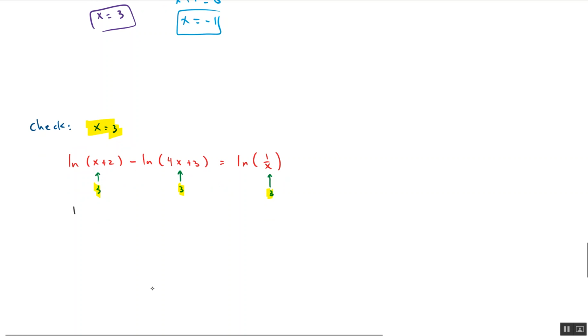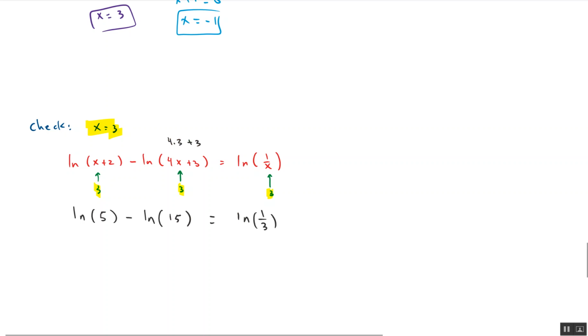So let's see. Natural log of 3 plus 2 gives us 5, minus the natural log of 4 times 3 plus 3, 12 plus 3 is 15, equals the natural log of